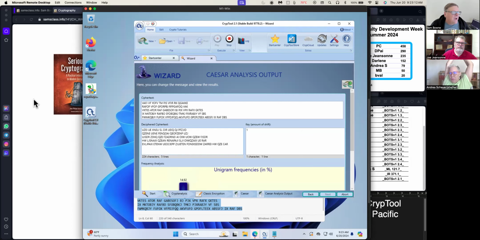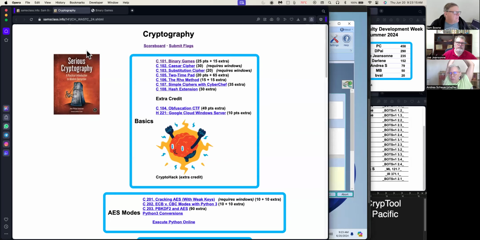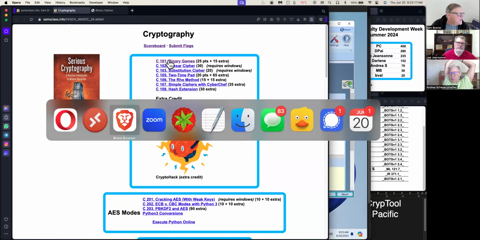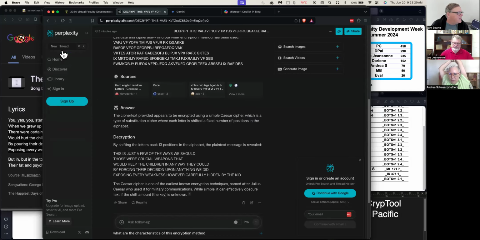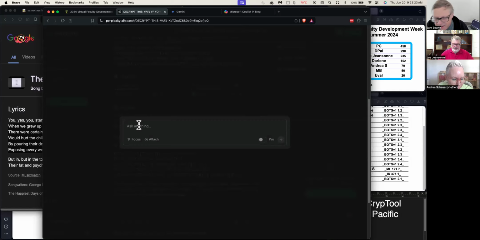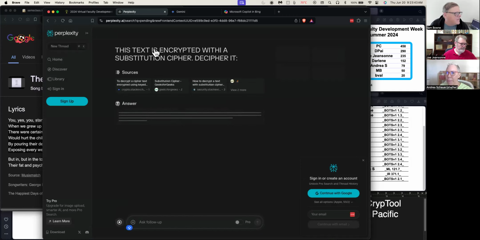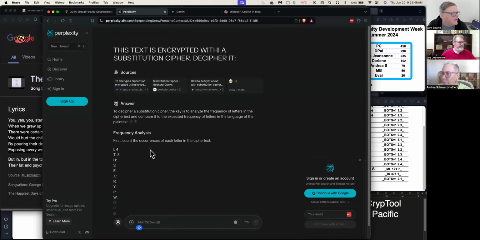So I like your other idea. Let's try those AI models again and tell them in more detail how to solve it. So let me try a new thread and say this: this text is encrypted with a substitution cipher. All right, whoops. All right, so when I hit enter,